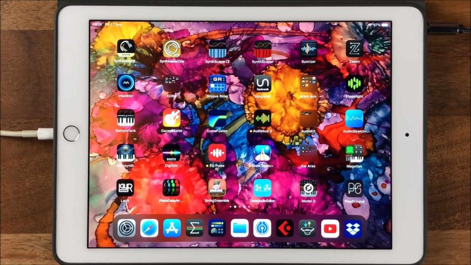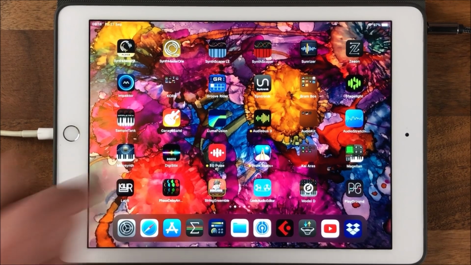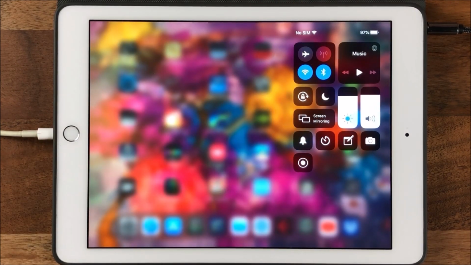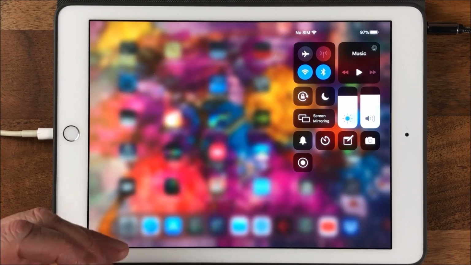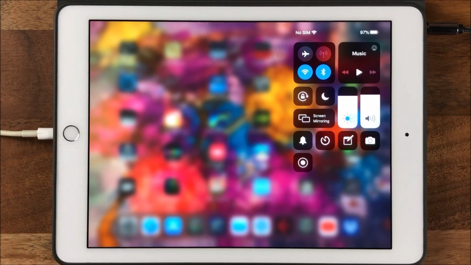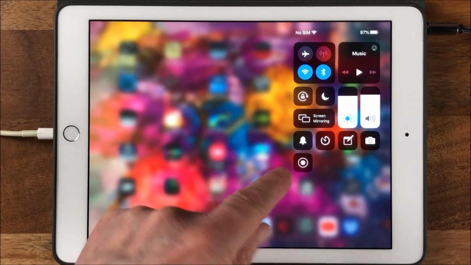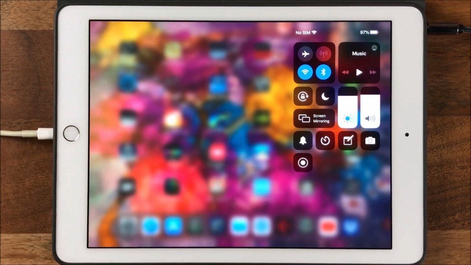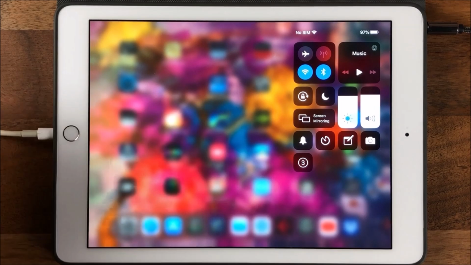So to access your screen recorder, pretty simple. You swipe down from the top right and you'll see this is your control center, where you can go into control center and settings and add different widgets in. One of those widgets is the screen recorder, and it is this little icon here at the bottom. If it's not there, you can go and add it in your settings, control center, add widget, whatever it is. Okay, easy peasy really. So all you need to do is basically hit record,